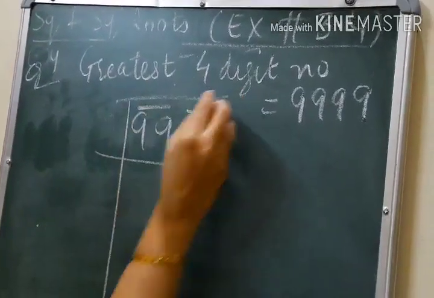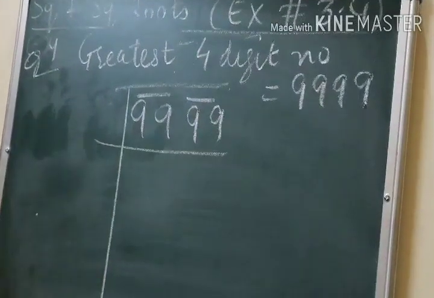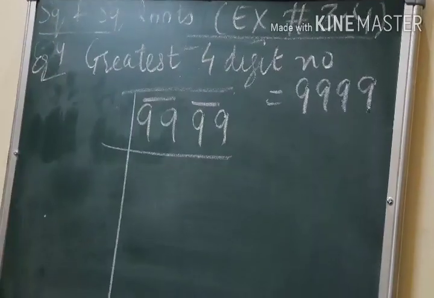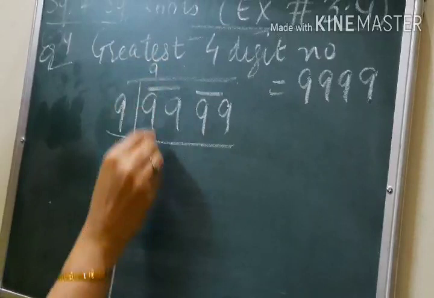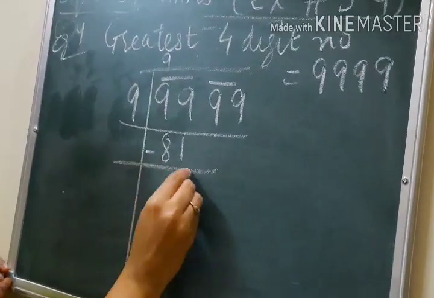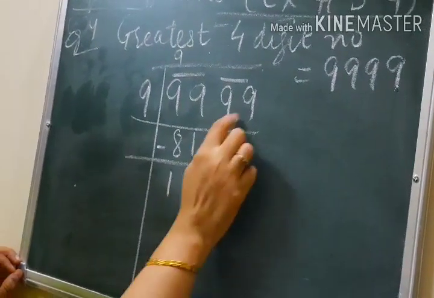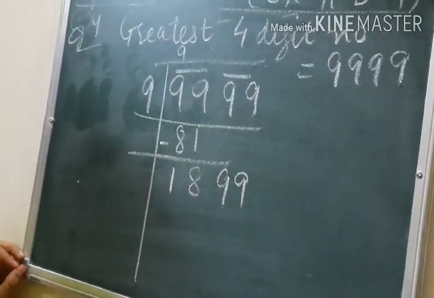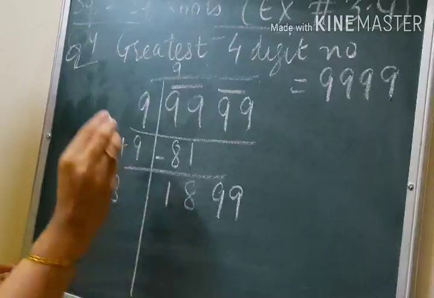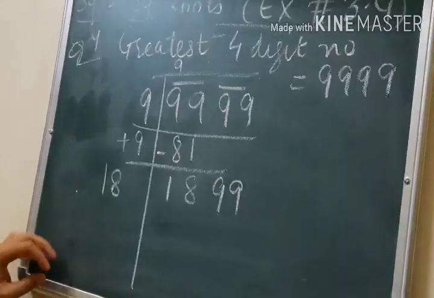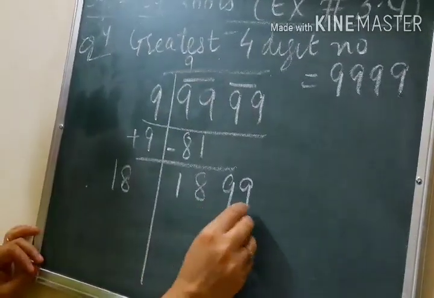Right? Now the number is 99. Think of the perfect square less than 99. Which perfect square is less than 99? 81. So 9 9s are 81. 18 is the remainder. Note down the next pair, 1899. Then you will add this 9 to it. 9 plus 9 is 18. Okay? Now, the number is 1899.